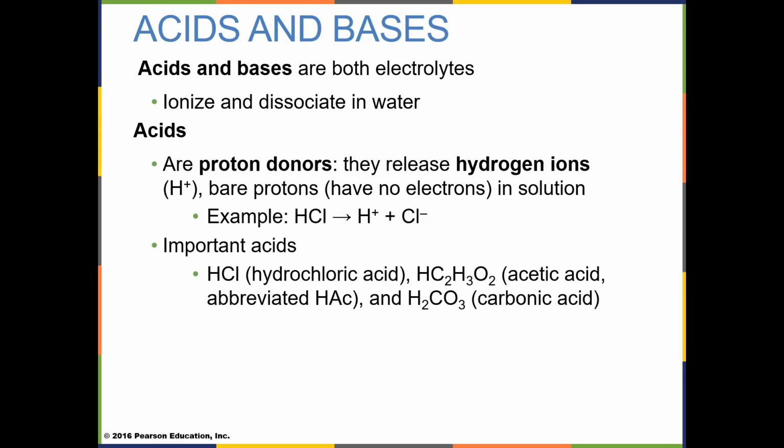Hydrochloric acid in our bodies, we use it all the time. Carbonic acid shows up in our plasma. It's what you get when you combine carbon dioxide and water. You get carbonic acid. We use that for a couple of things. It forms because it's carrying carbon dioxide. When carbon dioxide is released from a cell that just burned up a bunch of sugar, the carbon dioxide goes into solution in the plasma and forms carbonic acid. That's how we carry it to the lungs, and then we can release it at the lungs.